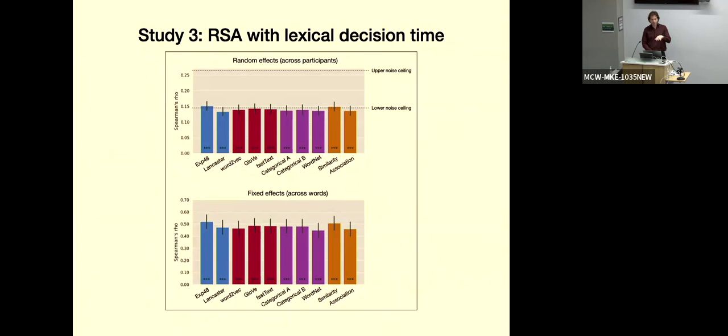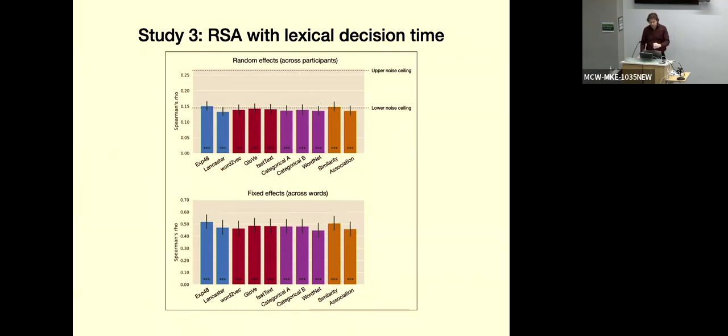And it turns out that all of the theoretical models, distributional, experiential, and categorical, and these semantic similarity and association ratings, they all correlate with the similarity structure according to priming very close to the noise ceiling. That's the highest correlation that any model could have with the data, given the amount of noise in the data, right? Even though there is a similarity pattern in the response time data, there's also noise in it, and the noise limits how much of it you can explain with a model. And all of these models and all of these ratings explain the data as well as any model could, given the noise.